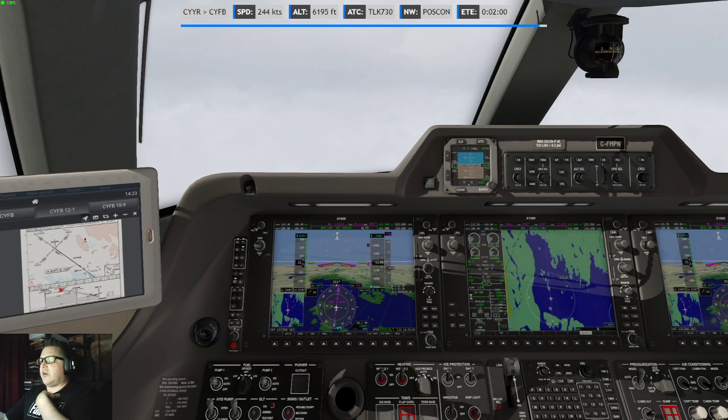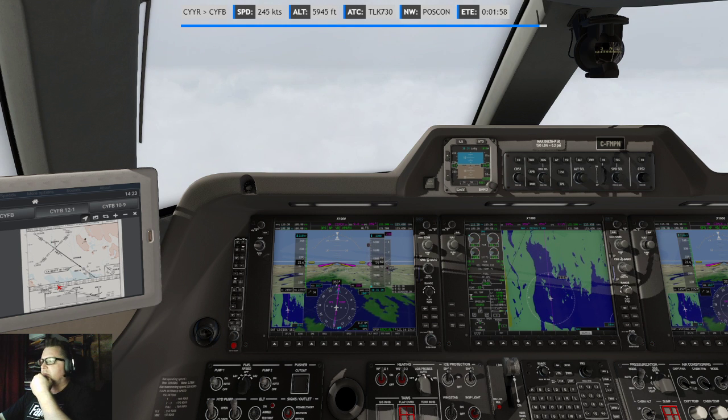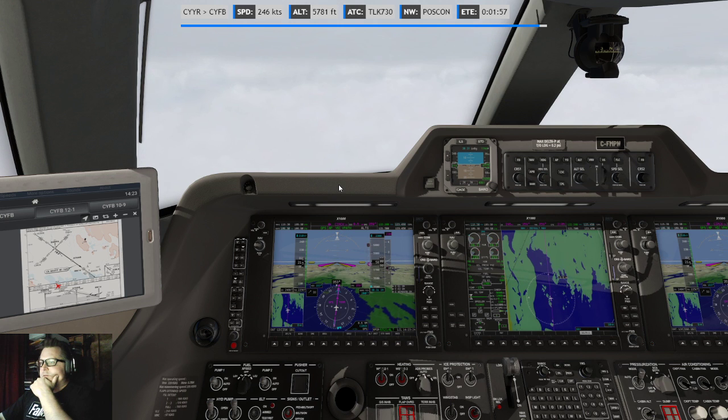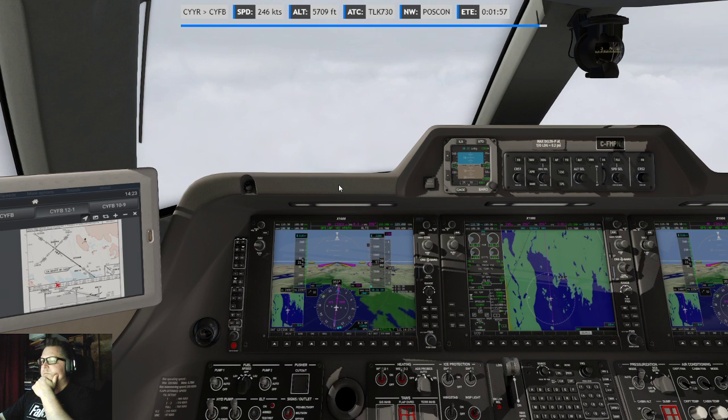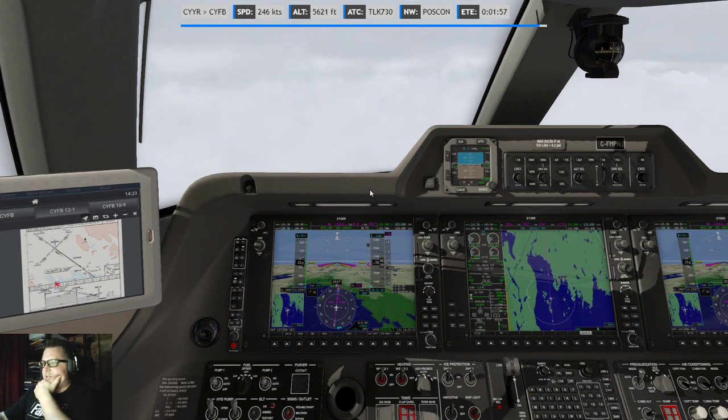Iqaluit traffic, starting 7:30, 10 miles from Cirque on the RNAV 16 approach, Iqaluit. Airport's down here. All right, speed set it to 170.